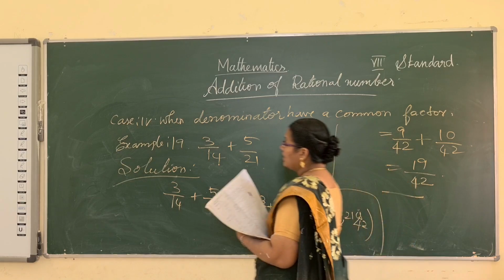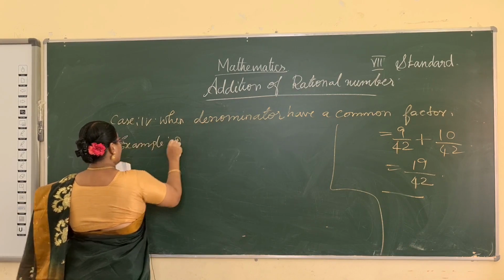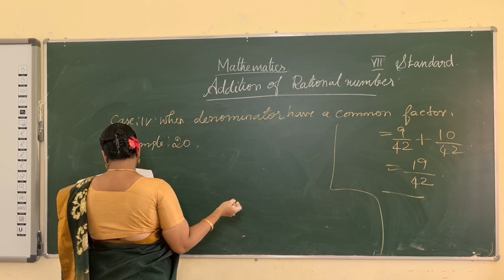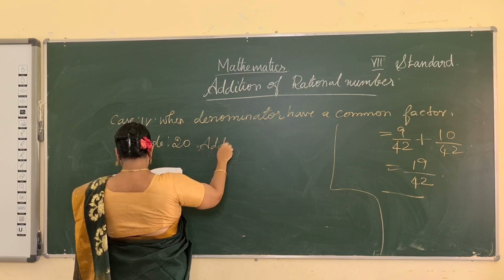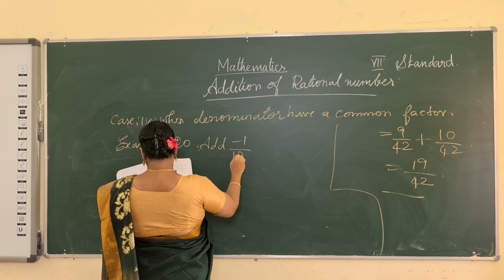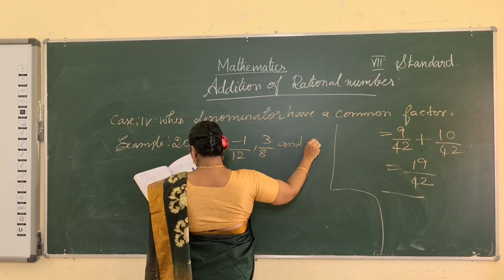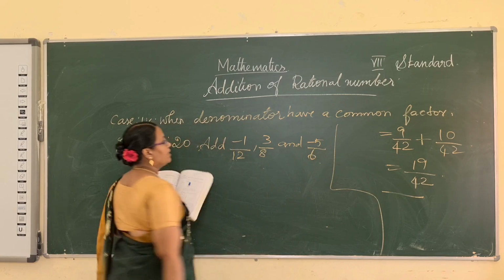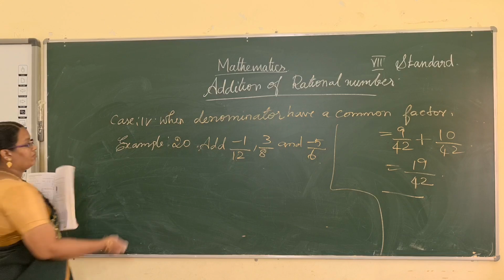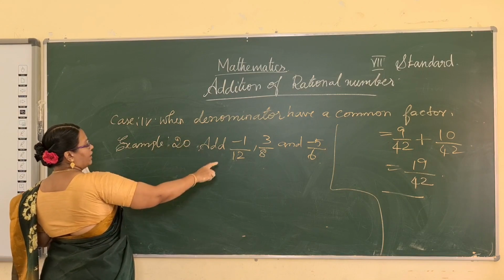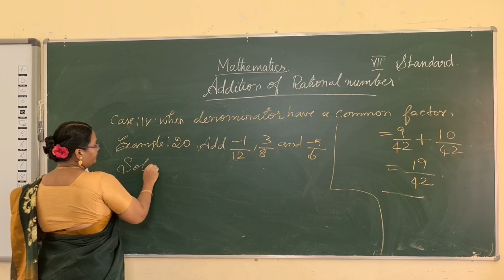Okay, now see example 20. What is given? Find the sum. Three numbers are given: minus 1 by 12, 3 by 8 and minus 5 by 6. So three rational numbers are given. Here also we use the common LCM method. Solution: